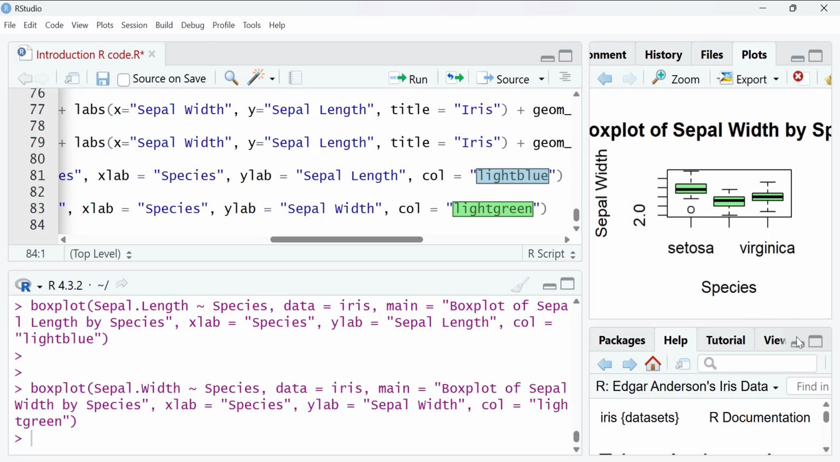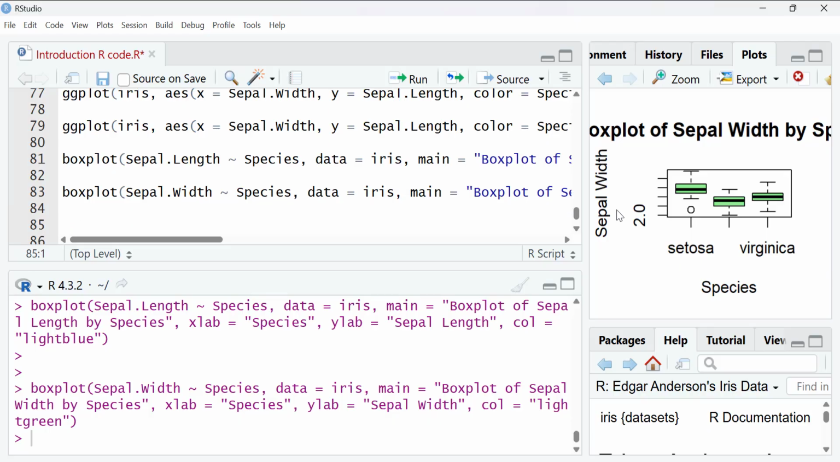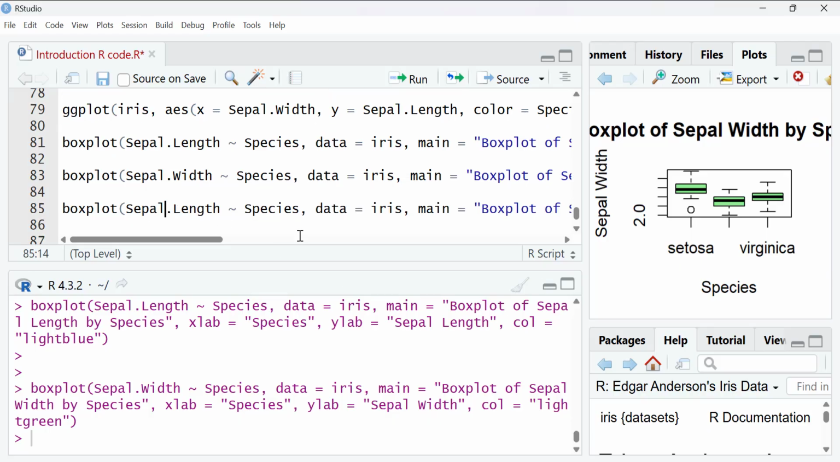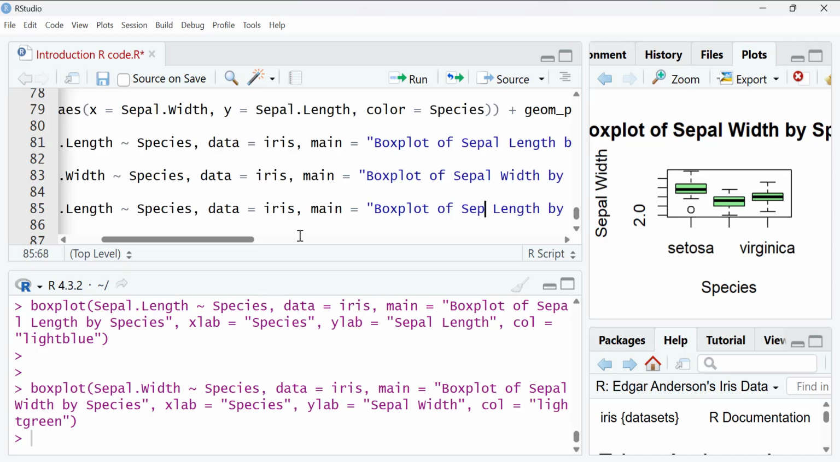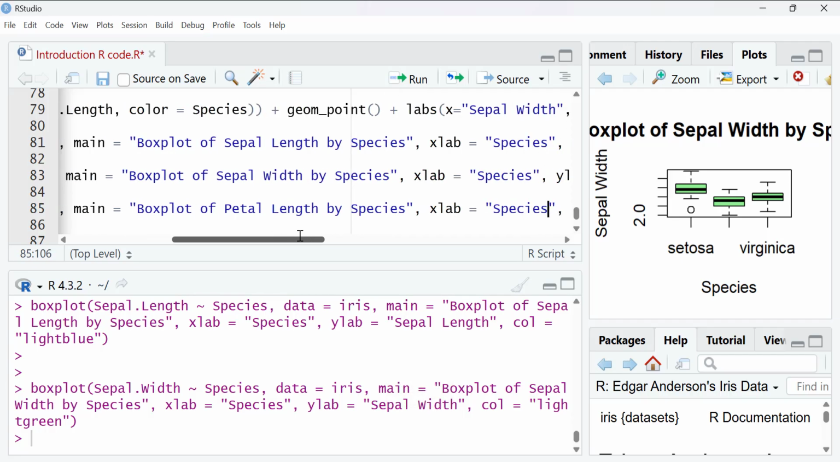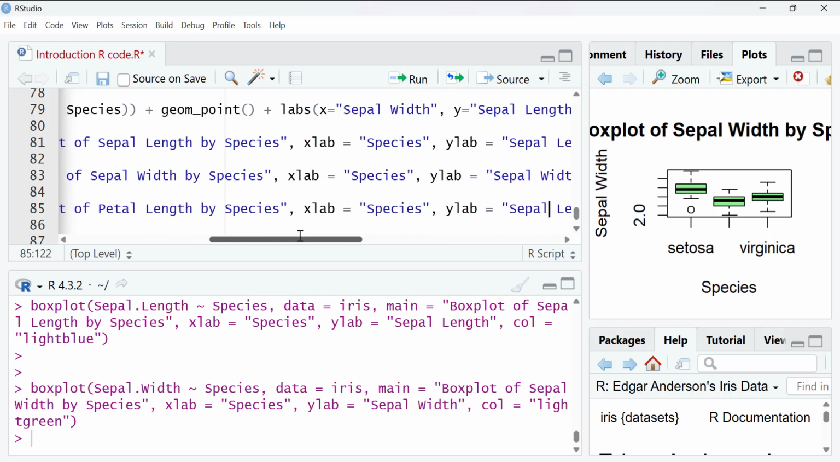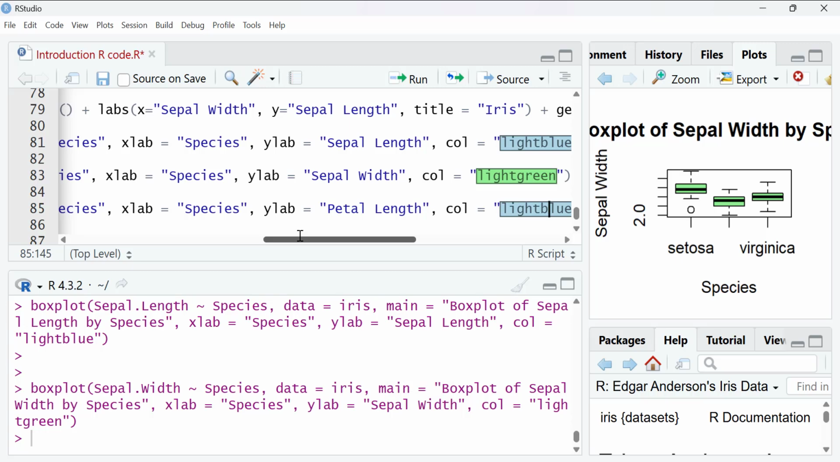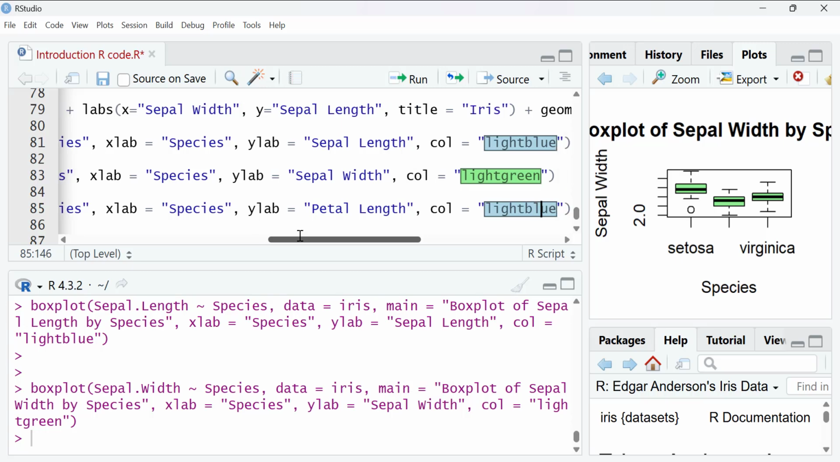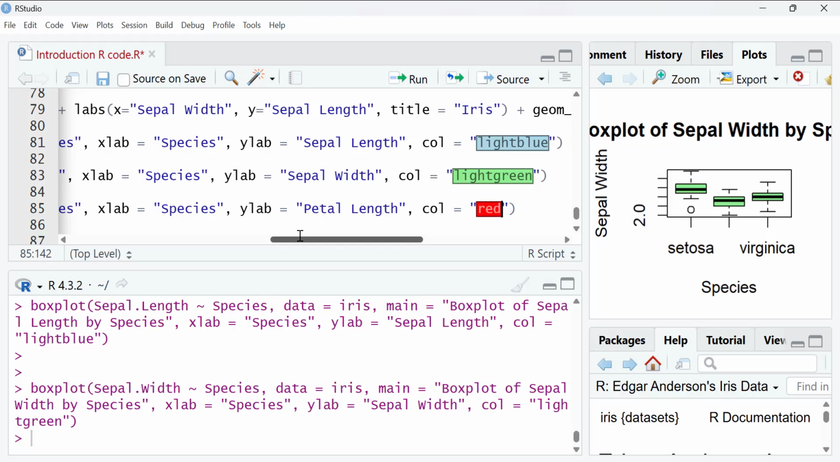And let's take a look at petal length. Let's also run the code for petal length. Here, a box plot of the petal length. Compare the distribution. The ylab is petal length. Choose the color to red. Okay, let's see